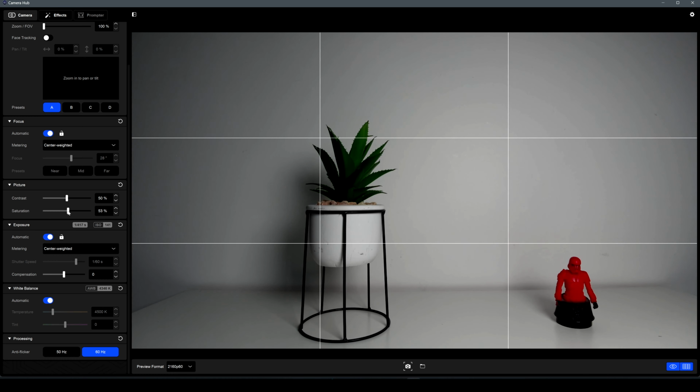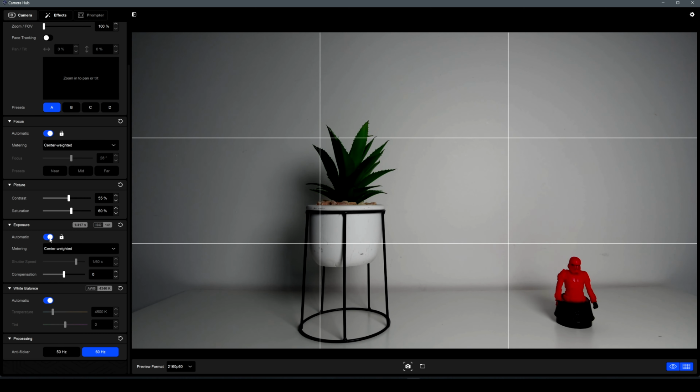Anyway, if you change the saturation also, we can see the green and the red are going to become more green and red, which might be a weird effect. I find that putting the saturation at 60% and the contrast at 55 more or less, we are good to go. And then what we have to change here is exposure, which is one of the important